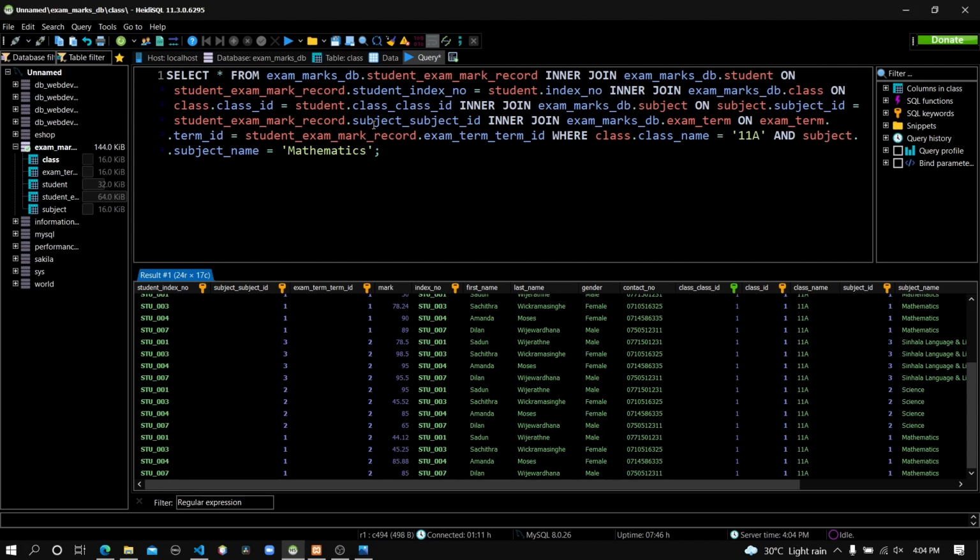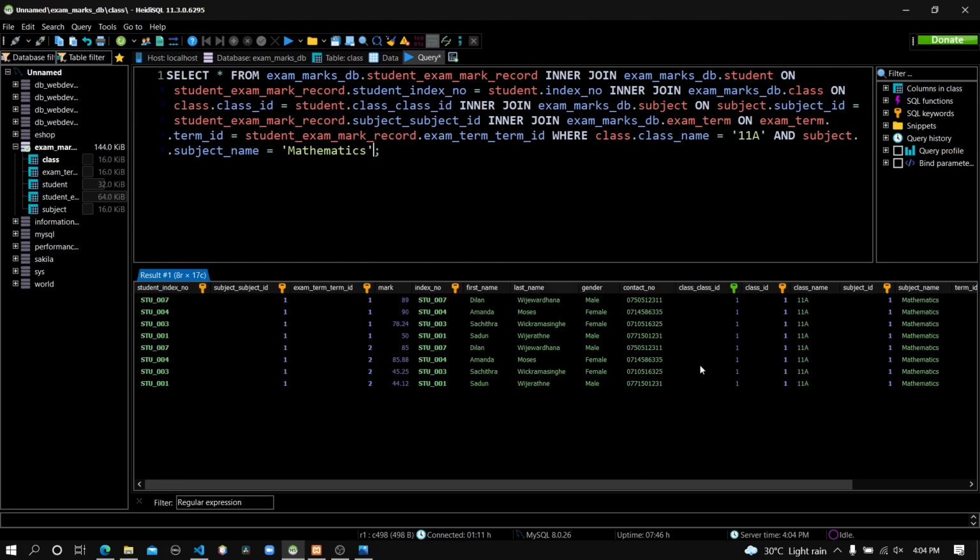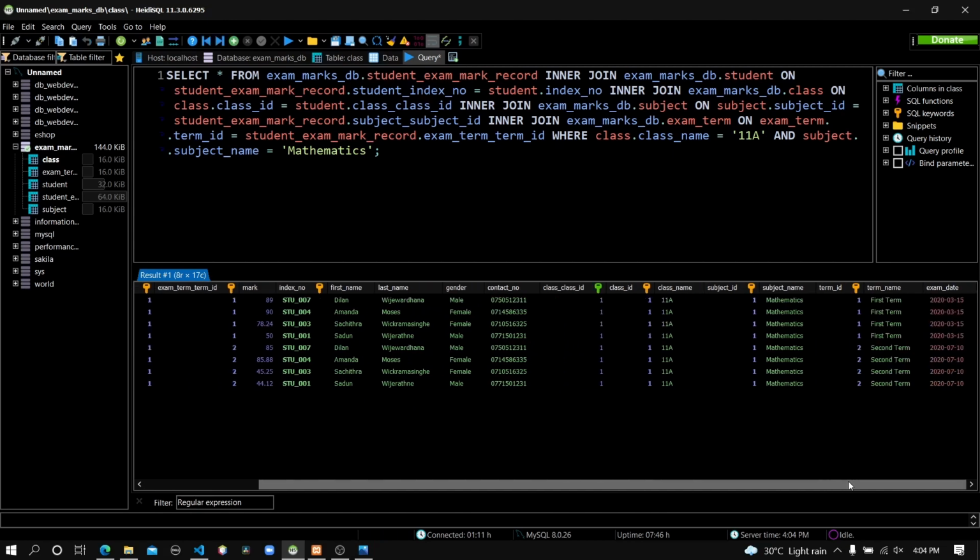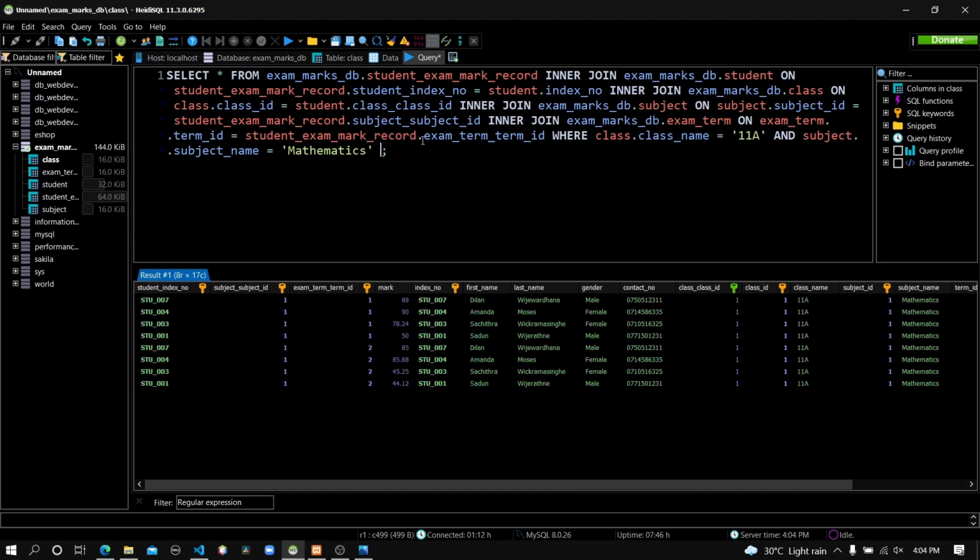Okay, mathematics, and let's execute this one. Here you can see only the mathematics marks are showing here. Mathematics records are showing here. Now there's another condition. We have to filter the data